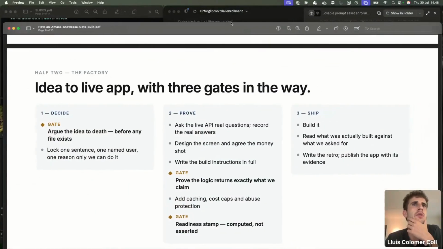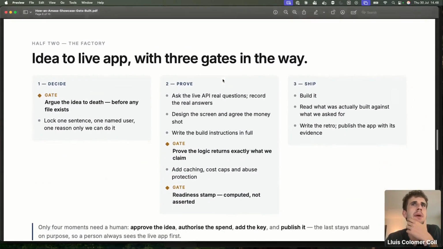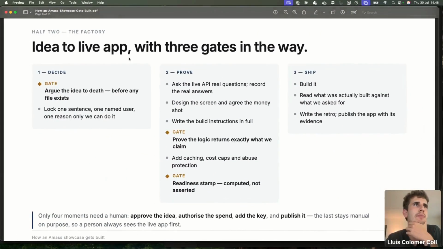Yes. So if we had to map this out in 3 steps, first we decide: we have an idea, we have a CI problem, and we want to see if it's feasible to build that on top of our API. Then we test it, we prove it, we ask real questions, we agree on how it should look and what would be the money shot, and we prove that the logic returns exactly what we claim.